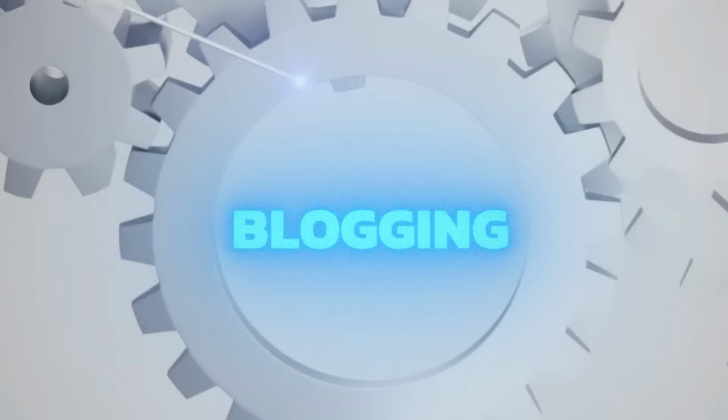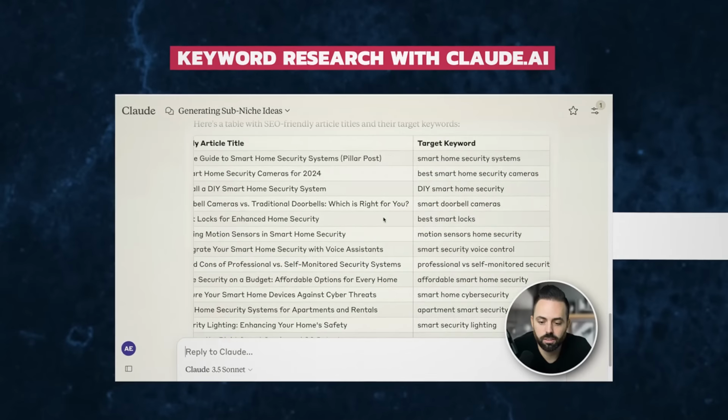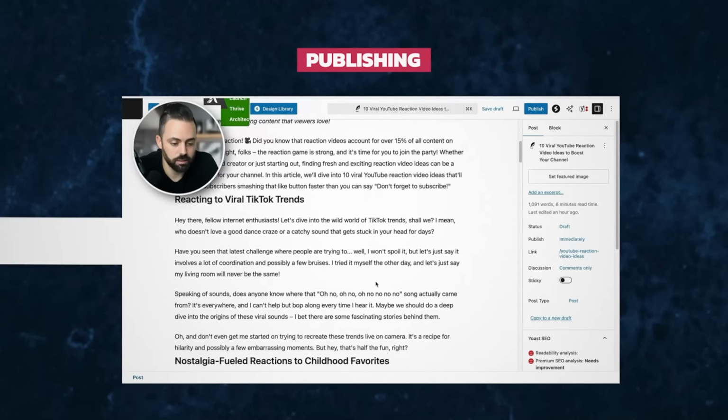Today, I'm going to show you how to make your own AI blogging automation system to publish content automatically, and that can actually make you money. Now, what this system will do is it will use Claude AI to automatically come up with highly monetizable keywords. Then it goes through a series of steps to automatically write the content and publish it right to WordPress,